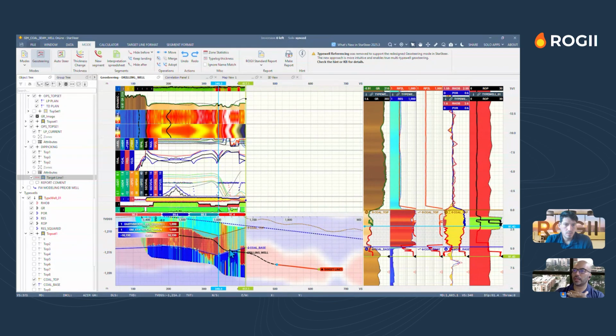So you can see here that there is a change in the structural right here. So I'm going to adjust right here like this. New segment here, and you can see how I can match my interpretation based on the different tools. Back on the images, you can continue populating your images with interpreted